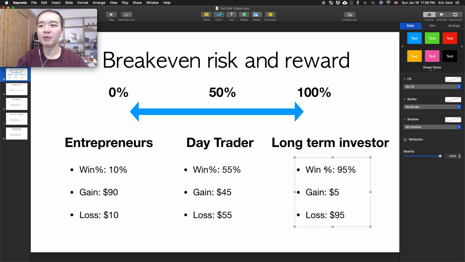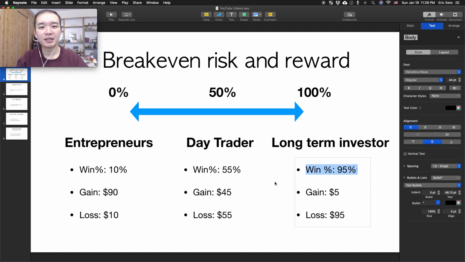Now, for a long-term investor, this really comes down to two parts. And I can speak a lot to this because I have been a long-term investor for the last 4 years, and it is working pretty well for me. So for the last 4 years, 2016 to 2019, I have made over 450% from the stock market. So that's an annual average return of 55%.